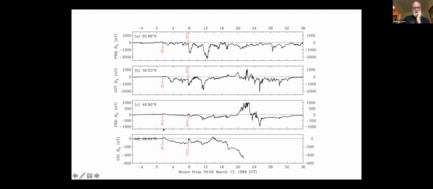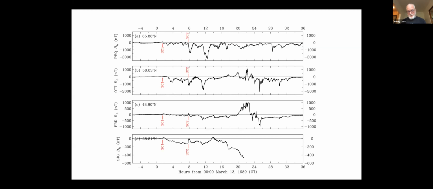Just for reference, I have highlighted here the sudden commencements. These amount to the arrival of those coronal mass ejections that were illustrated in the movie. During a sudden commencement, the shock wave of the CME is arriving at the Earth and compressing the magnetic field of the Earth. At the magnetopause, a current system develops across the face of the magnetopause, and that causes pretty much a worldwide amplification of the local magnetic field that's measured at various observatories.